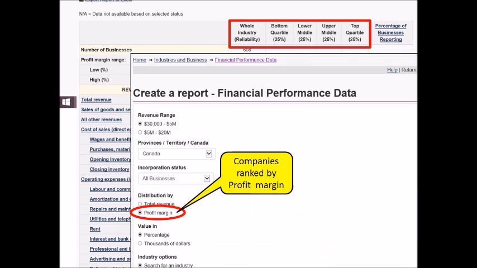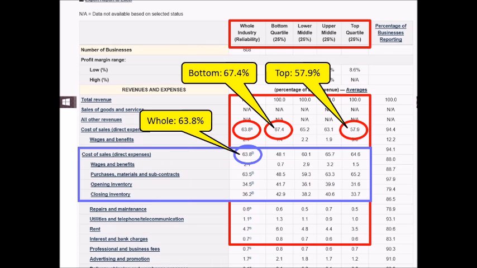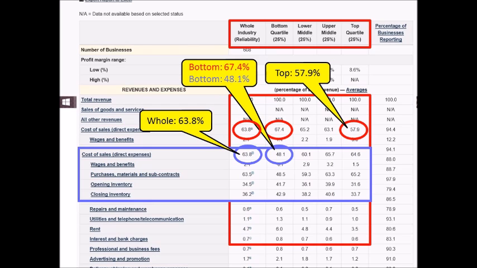Our current report ranks companies by profit margin. But what happens to our report if we rank these companies by total revenue? The average cost of sales for companies ranked by total revenue is the same as for companies ranked by profit margin, that is, 63.8% of total revenue. However, when we look at the quartile averages, something strange happens. The cost of sales for companies in the bottom quartile is only 48.1% of total revenue, while the cost for